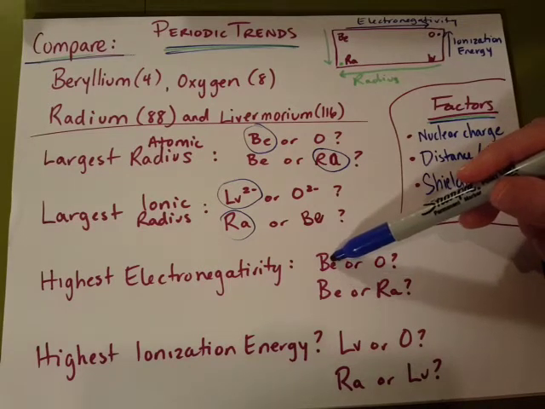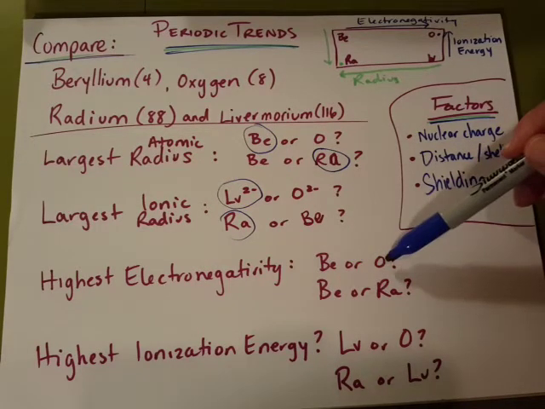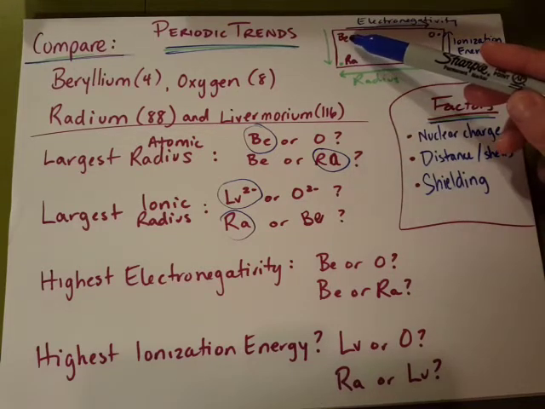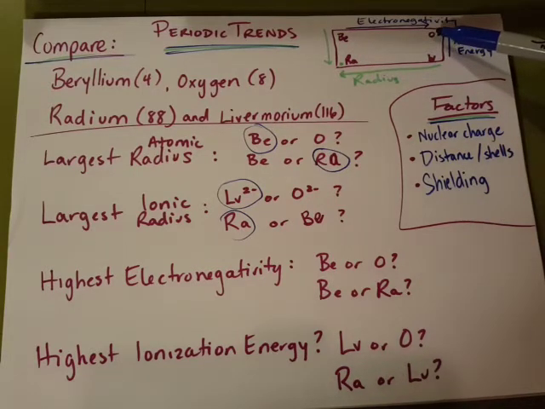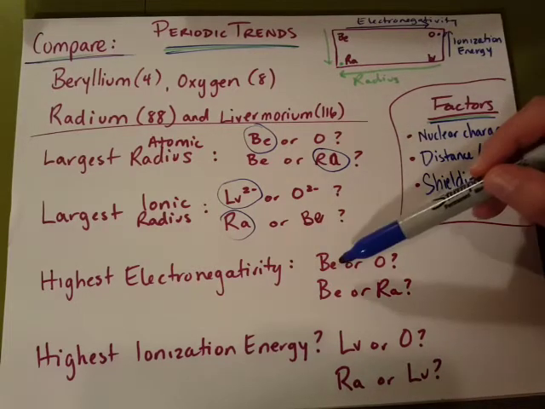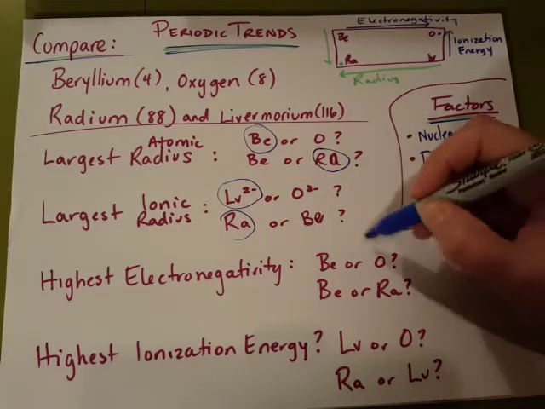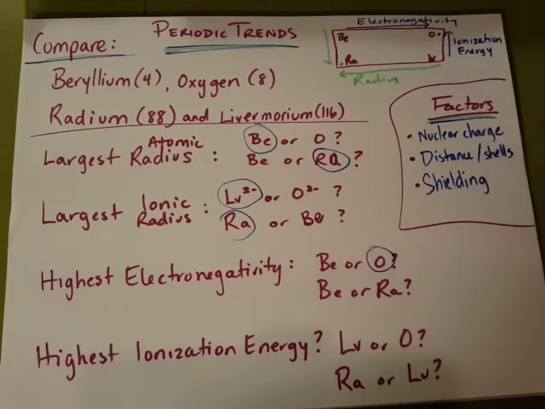Who has the greatest affinity for electrons, beryllium or oxygen? Quite frankly, beryllium does not even want any, it does not want to gain electrons. Oxygen definitely wants to gain. It wants 2 more electrons, then it becomes looking like a noble gas. So beryllium's got no business with trying to gain electrons. So oxygen's definitely got the higher